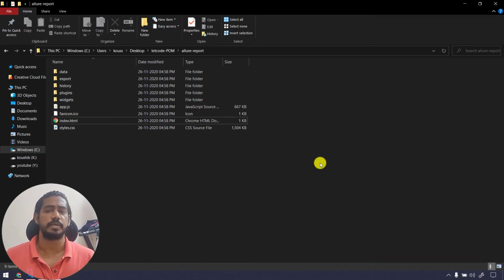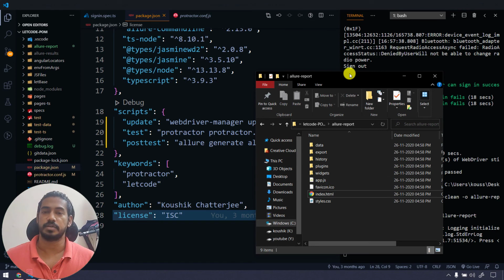Not only Allure, maybe they can use some lightweight server like the Node light server. That is also going to work fine. But still they have to install some dependency. They should have the Node package manager. Then only they can do the things. Okay, so I couldn't find any other way with the help of Allure. This is the best I can bring to our channel.